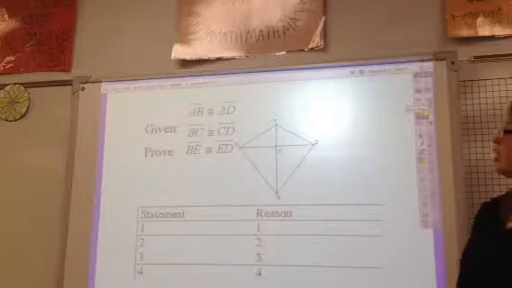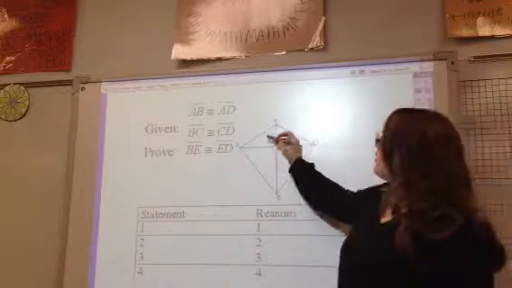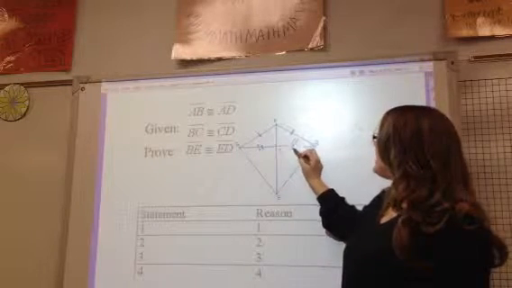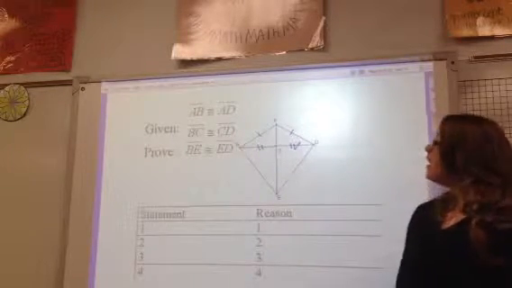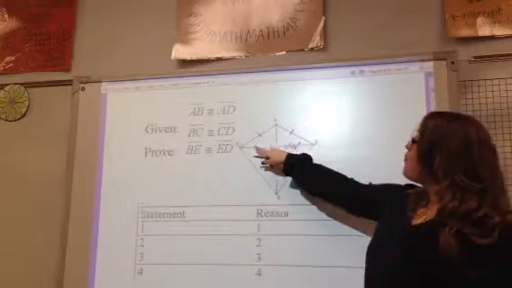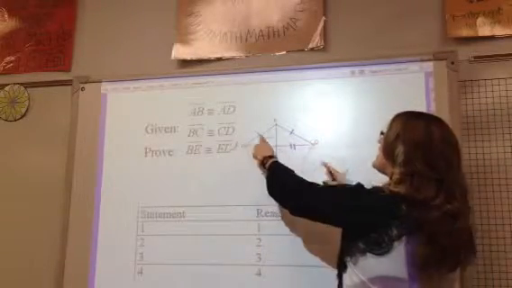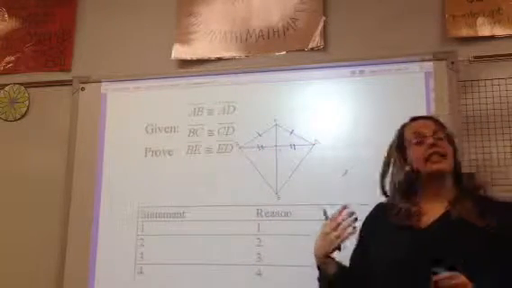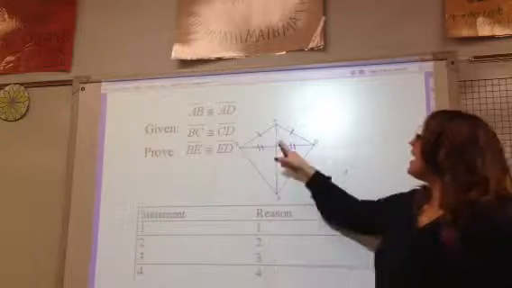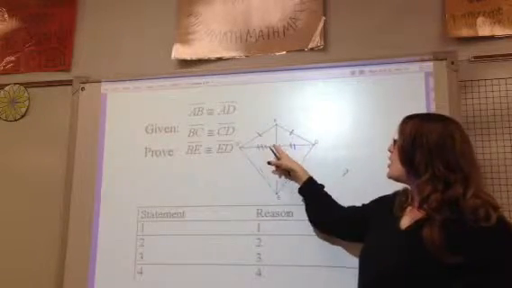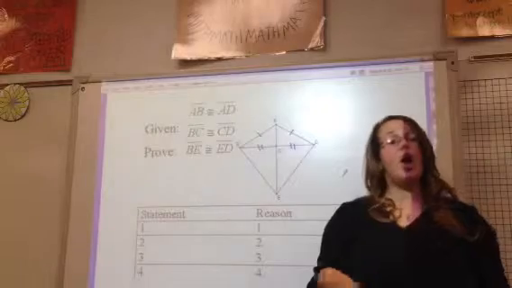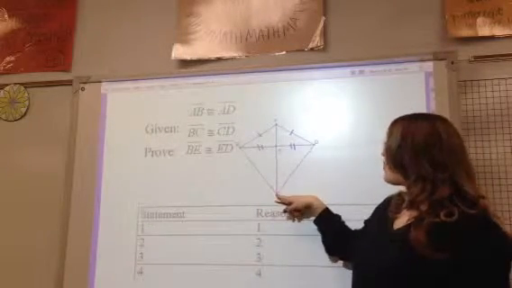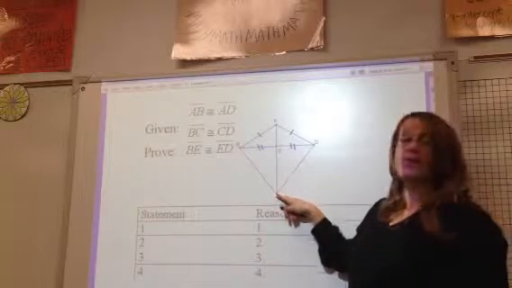Okay, the last one I want to look at is if I know AB is congruent to AD and BC is congruent to CD. Since I have 2 points that are equidistant, B and D is equidistant from A, and B and D is equidistant from C. Since I have 2 points that are equidistant, I know that this is going to be a perpendicular bisector. Once I know that that's a perpendicular bisector, any point on that perpendicular bisector is going to give you congruent